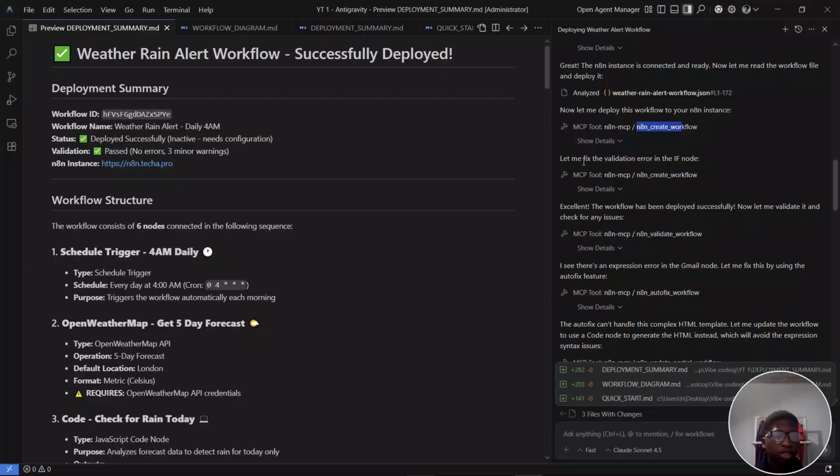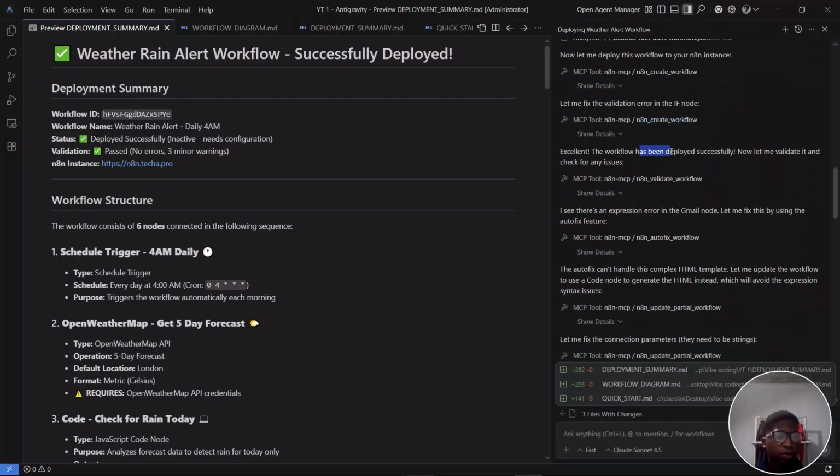There was a validation error in the if node. It created another workflow and fixed it, deployed the workflow, then called the validate workflow tool to make sure that the workflow has no errors. It discovered there's an expression error in the Gmail node and called the autofix workflow tool,